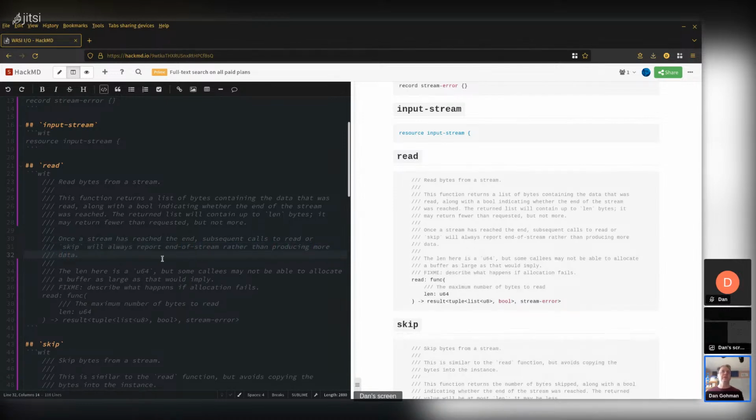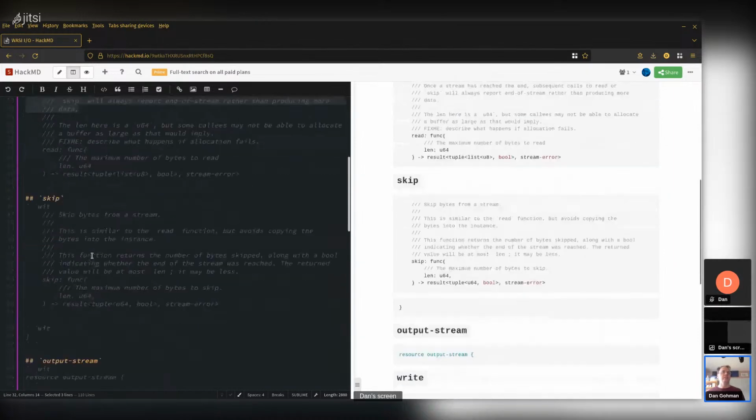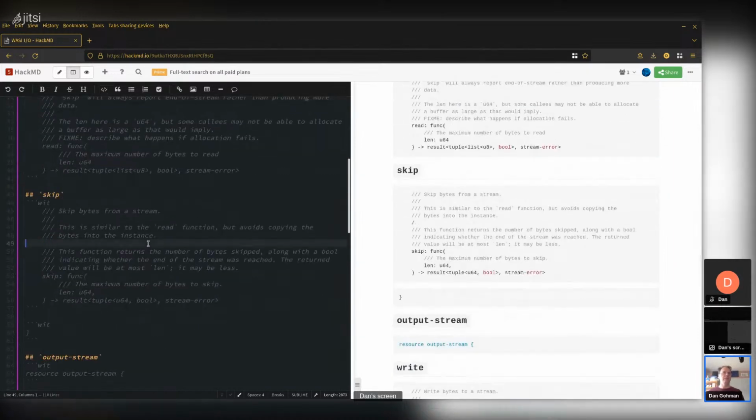Once a stream has reached the end, subsequent calls to read or skip will always report end of stream rather than producing more data. So let's put that in the skip function too.